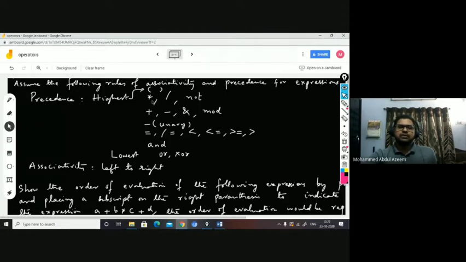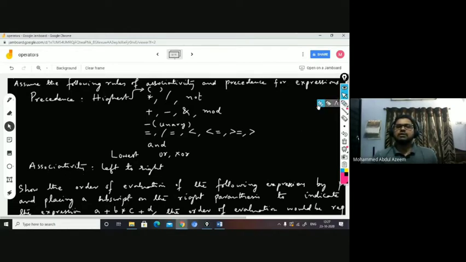You can see at one level there are multiple operators also, right? Like in the second level, you have multiply, divide, not. It means all these have equal precedence, but after the parenthesis. Similarly, in the next level, you can see plus, minus, ampersand, mod. All these operators have equal precedence. But when, let us say, in the expression you have multiple operators with equal precedence, then what happens? Then associativity rules have to be followed, okay?